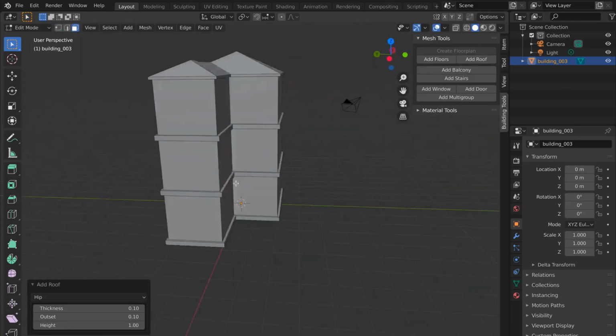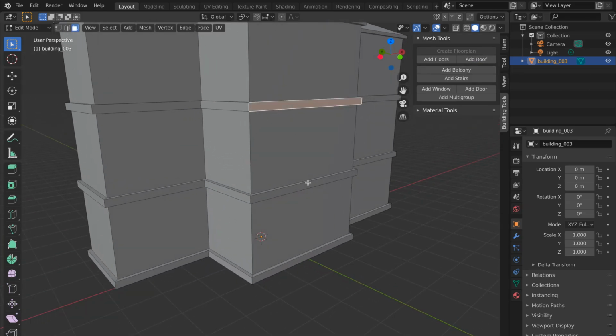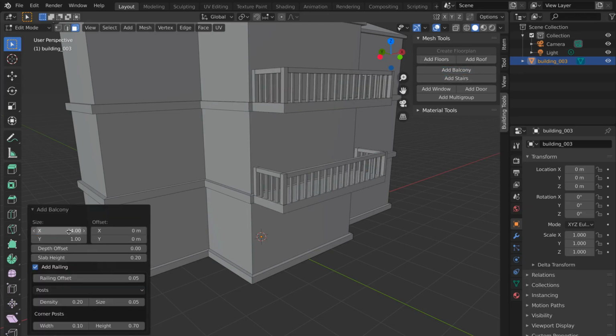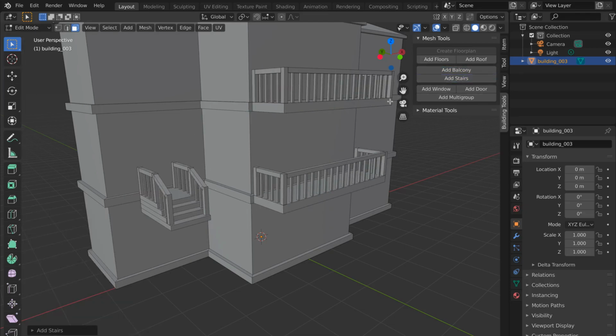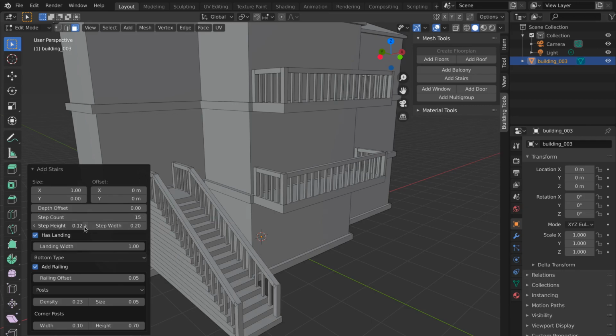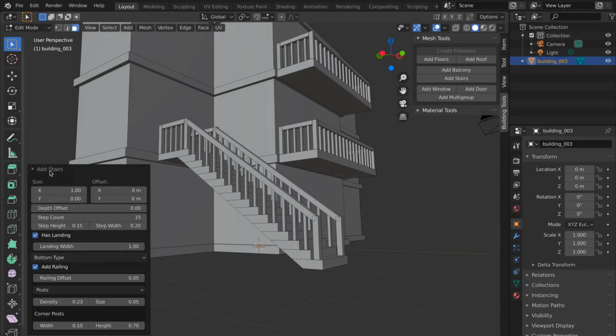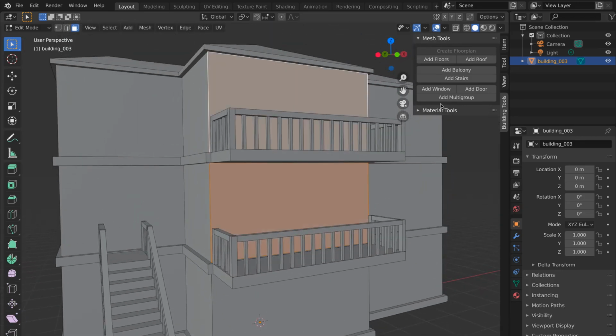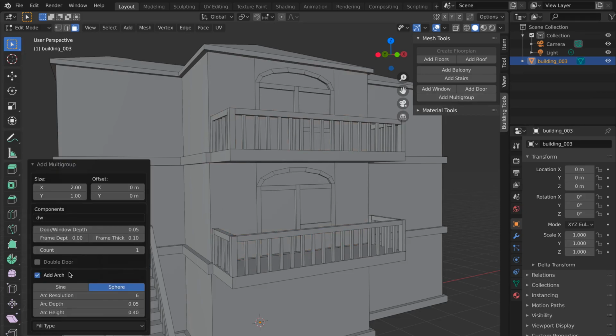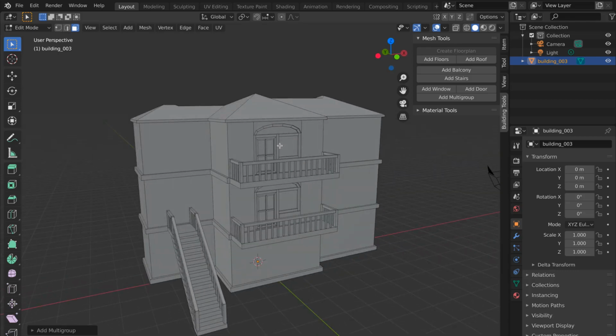The second group contains non-destructive operators, like adding a balcony and adding a stair. The third one contains destructive operators, like adding a window or adding a door. These operators destroy the original geometry by creating a hole in it. So, using these operators in this order, you can expect to get a cleaner geometry.